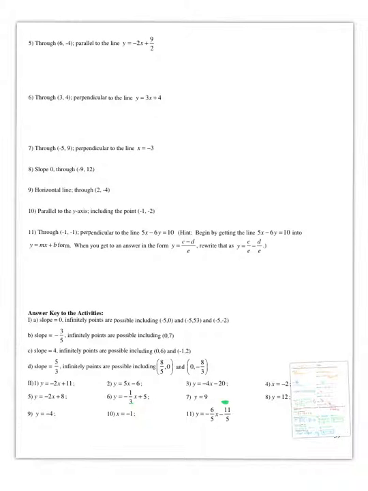In 5, we're given a point, and we're asked to find an equation that's parallel to the line y equals -2x plus 9/2. So the important part of the equation we're given is that we're given a slope. And since we want a parallel line, we're going to use the same slope. So we need to find our new intercept. So using our slope, we have y equals -2x plus b, and putting it through the one point that we're interested in finding,